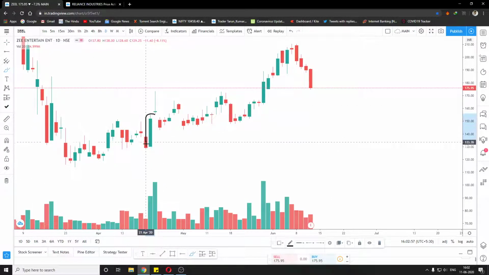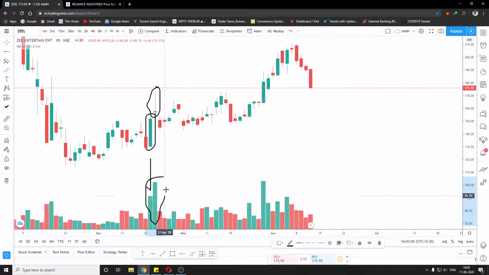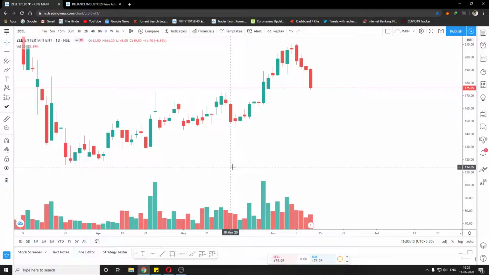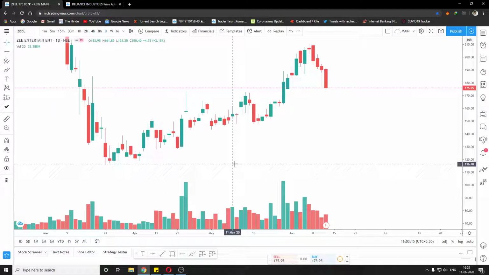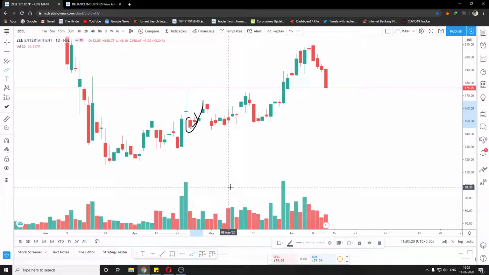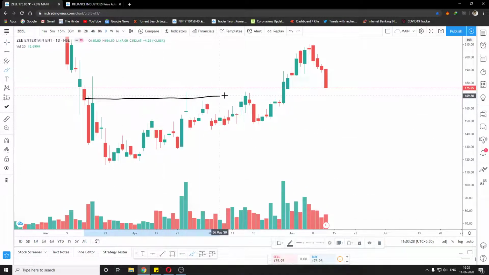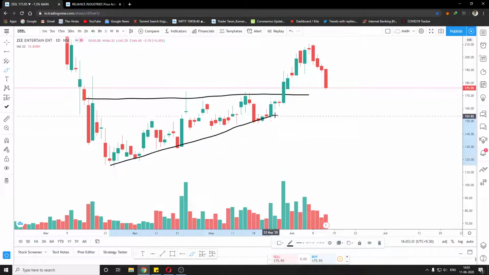For example, this candle is perfectly fine because the volume is big, but this candle is not at all fine as the volume is huge, but there is no spread in the candle, and the upper wick is very strong. But then what some people do is they make the mistake of selling, and the market just came down and went back up again. We don't do it like this. What we do is, when we see such candles, we try to identify support and resistance, and then at the break of those levels, we enter our trade.